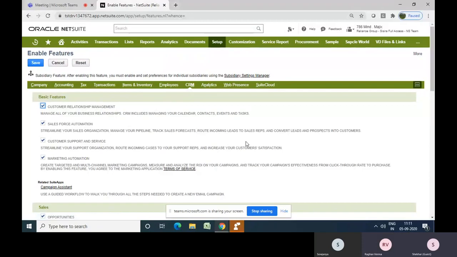Then we have Salesforce automation. This Salesforce automation is not Salesforce.com. It is part of NetSuite, where we can define a number of things. For example, how we are going to get and track leads, then convert them to a customer using the prospect. We also allocate a budget for those things, marketing events. Everything we do in that regard will be over here.